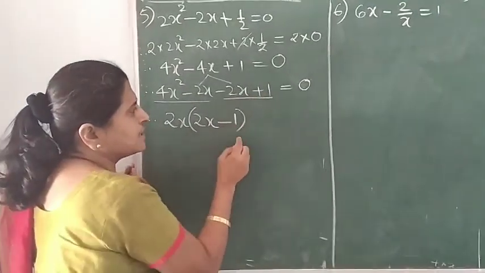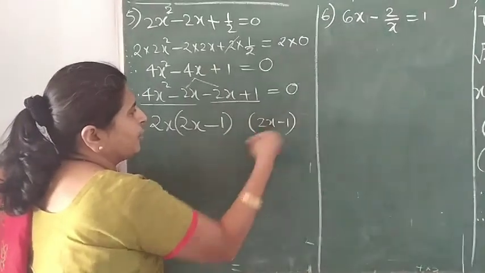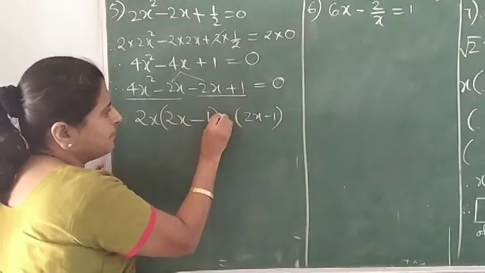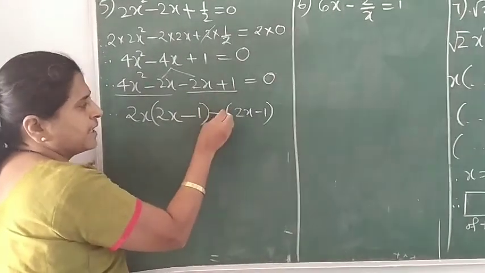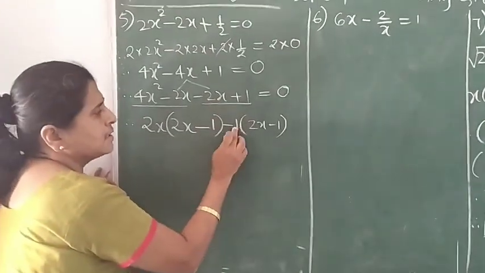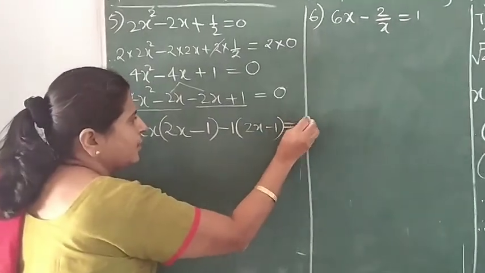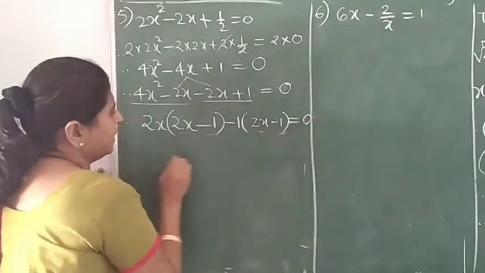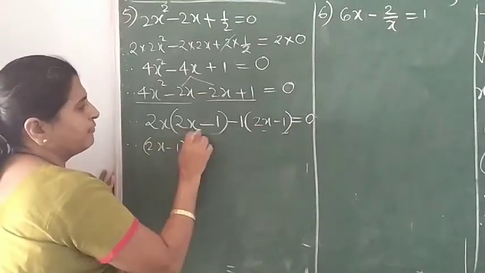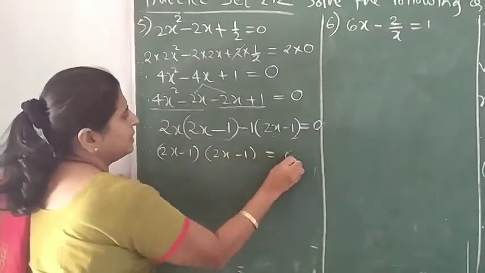Now from this, what is common and uncommon? Use my trick. 2x - 1, copy this bracket. And here what is remaining? 2x you have taken. Sign is minus. No number is remaining, so it is minus 1. It means the product of this is minus 2x, and minus 1 into minus 1 is plus 1, is equal to 0. We have got this common bracket which we will write once, 2x - 1 common from these two, and uncommon is now 2x - 1 is equal to 0.